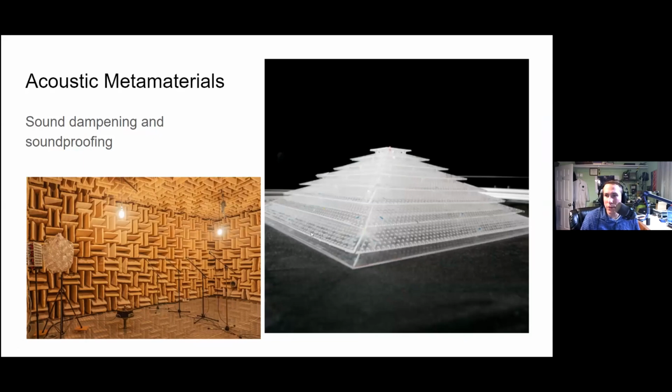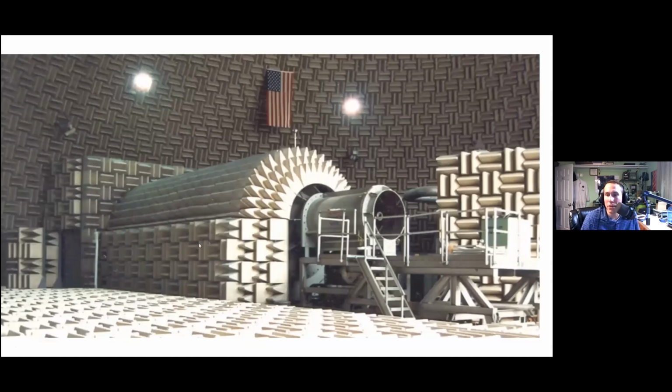So there's also acoustic metamaterials. Just like the structure of matter can bend light to its will, the structure of matter can bend sound to its will as well. Very interesting stuff. This is like baffling that they use for soundproofing for recording booths and recording rooms. I think they place a microphone inside this pyramid and it can't hear anything outside the pyramid, because it dampens and redirects all the sound through the material structure.